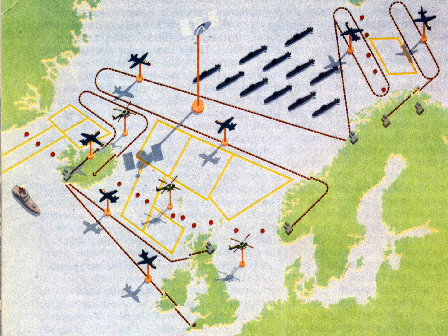One of the decisive areas would have been the GIUK gap, which is the sea territory between Greenland, Iceland, and the UK. The Soviets would have moved about 300 of their submarines through the GIUK gap, which was defended by listening devices, the SOSUS system, ships equipped with anti-submarine warfare supported by aircraft and helicopters and satellites, and the 300 submarines would have